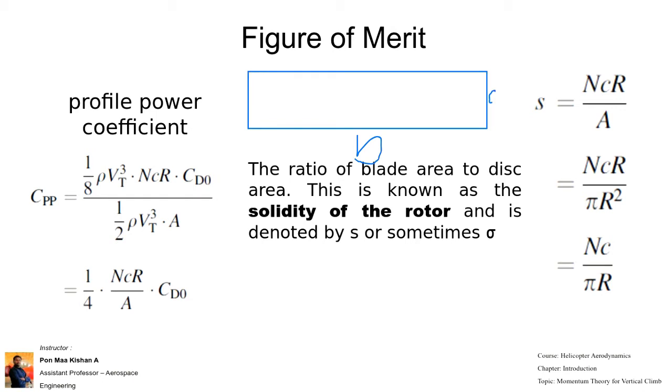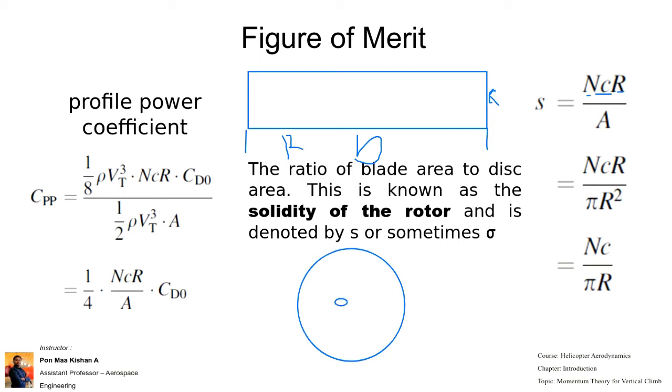In a helicopter rotor, we have radius R. Instead of span b, we use the radius R, and the chord is c. N indicates the number of blades we are using, divided by the rotor area. When we look at the top view, the disk area is the circular region where our hub is. From the hub, the helicopter blades extend out.